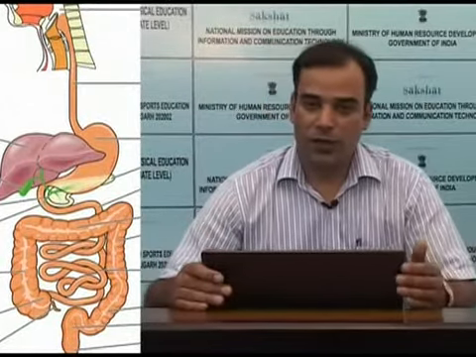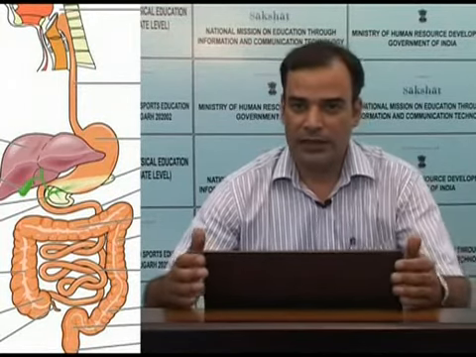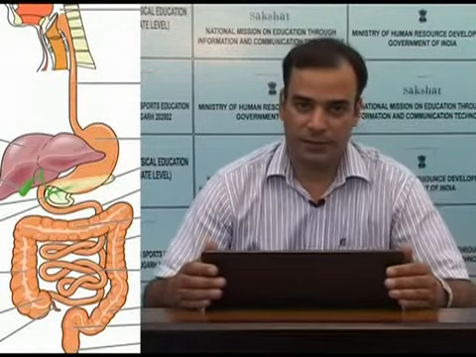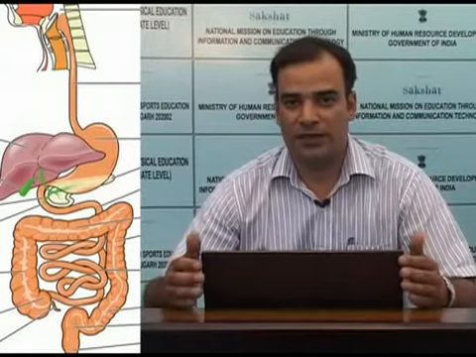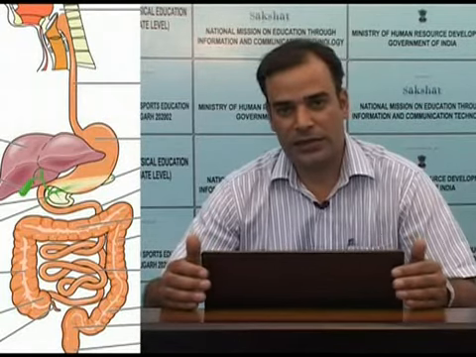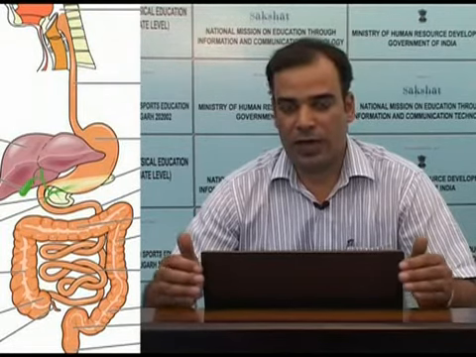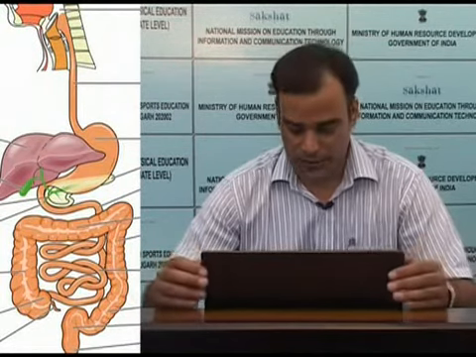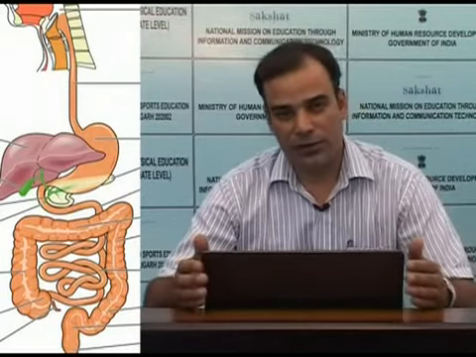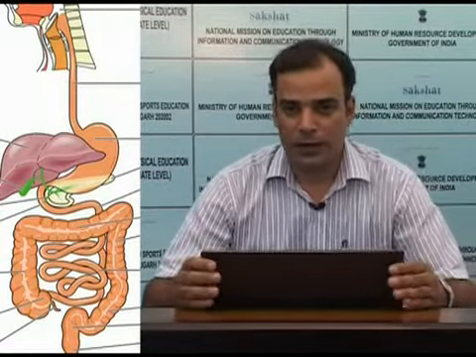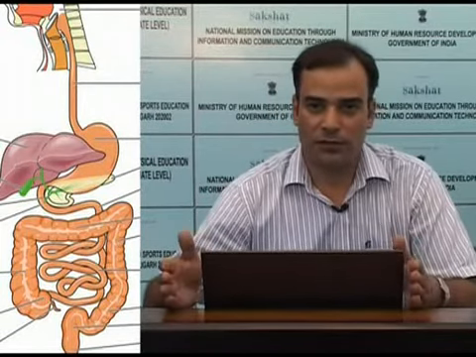As we know, our body performs many different functions, and these functions need energy. For example, if we have to move from one place to another, it is a function, and this needs energy. Without energy, we cannot move; our muscles cannot help us move from one place to another. Now, this energy comes from the food that we eat. The food may be from an animal source or from a plant source.